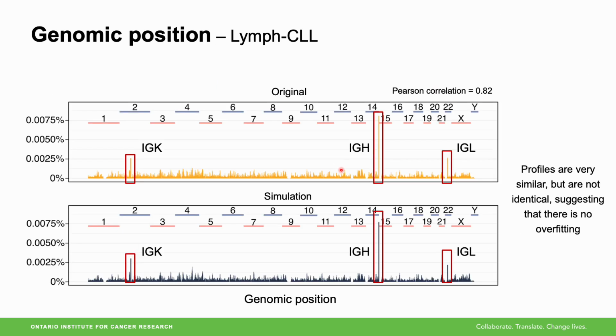Second, we need to focus on where the mutations are simulated. Although they occur randomly in the genome, each tumor type has a distinct pattern. For example, patients with chronic lymphocytic leukemia have a large concentration of mutations in the immunoglobulin genes. When we represent the position of the mutations for the simulation of this type of tumor, we can also see how these characteristics are conserved, demonstrating the ability to generate tissue type-specific mutation patterns. This is also confirmed with an overall Pearson correlation of 0.82.